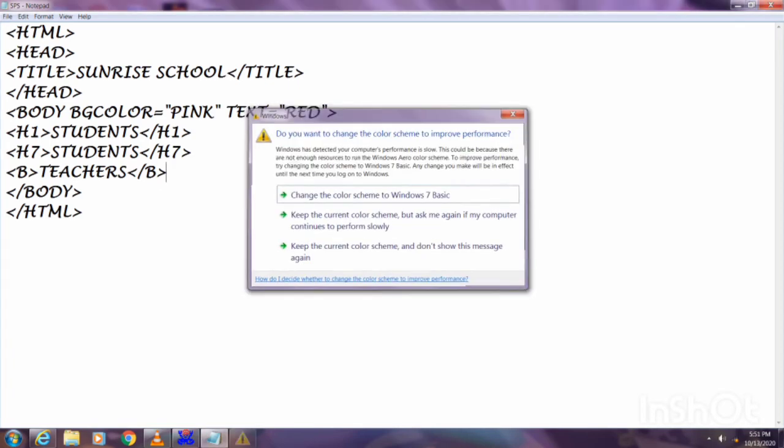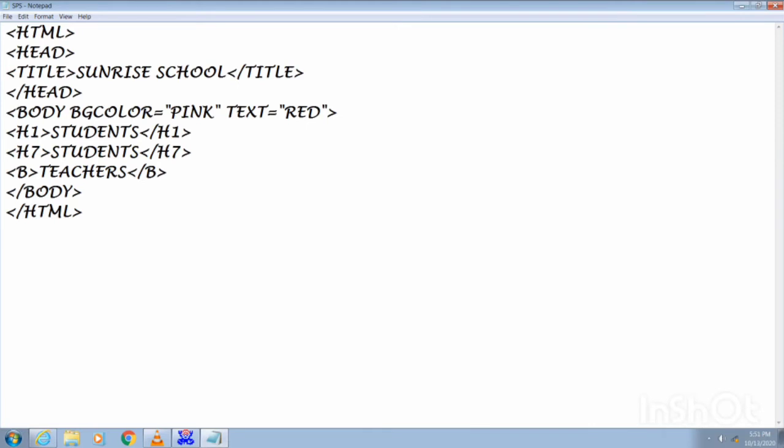If I want to write the text in italic, to italicize the text, I will write the I tag and write the text here. This is for italicizing the text. If I want to underline the text, I will write the text like this by using the U tag.